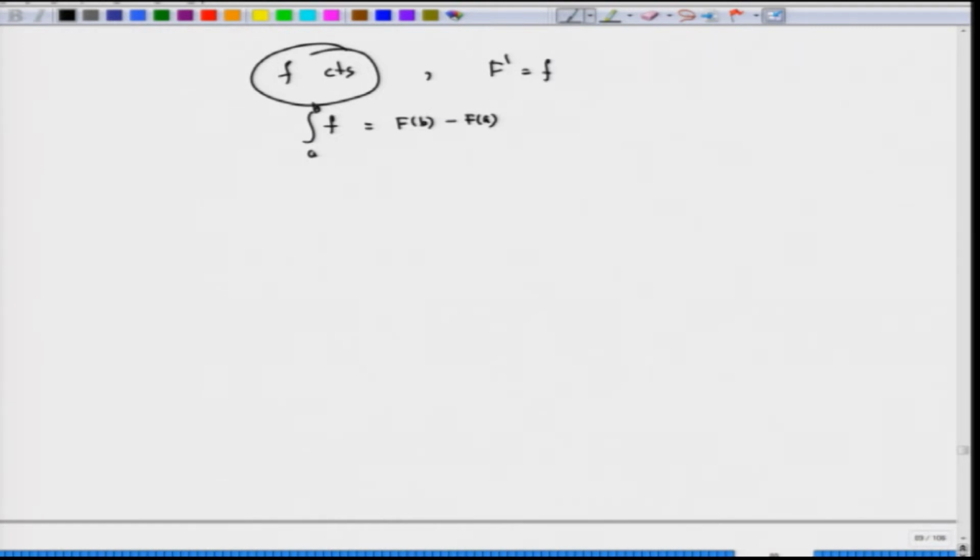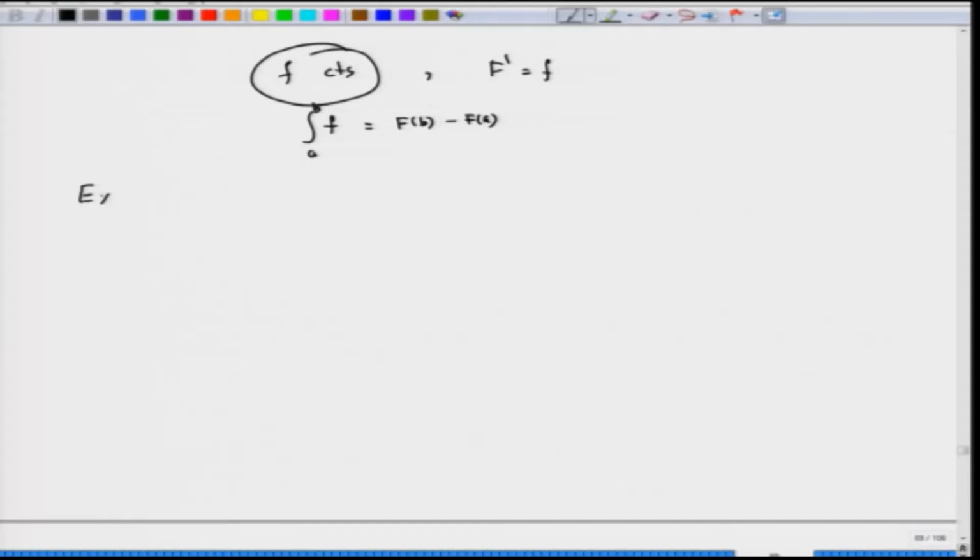Some easy examples to compute this. The fundamental theorem of calculus is a powerful tool to evaluate many integrals. Till now, through the Riemann sum, we have evaluated the integral of some polynomials up to x cubed and so on, but now whatever we did in class 12, this integration makes sense. So, we can talk of the definite integral through the fundamental theorem of calculus.